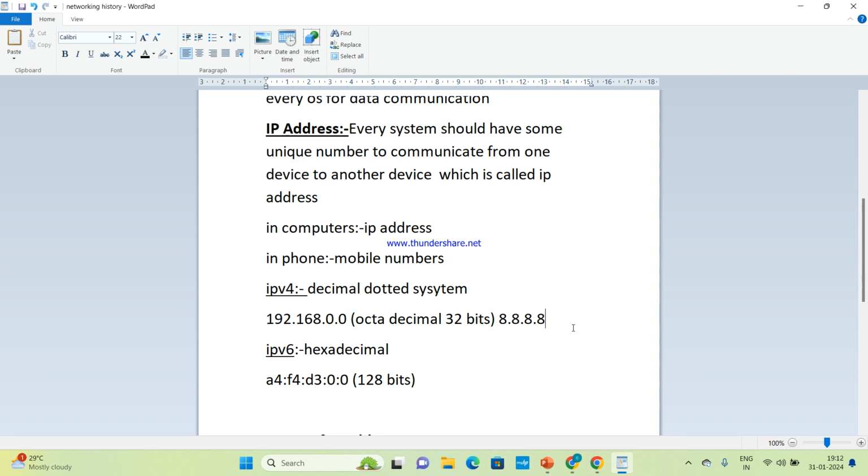IP version 4 and IP version 6 can be an interview question. IP version 6 will be more effective in terms of performance. It's the latest version, which is mainly used by other countries. In other countries, they are using IP version 6 for advanced-level things.